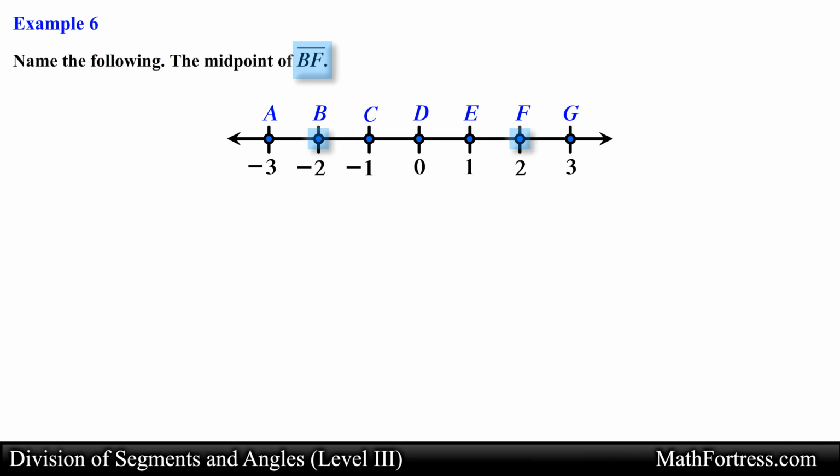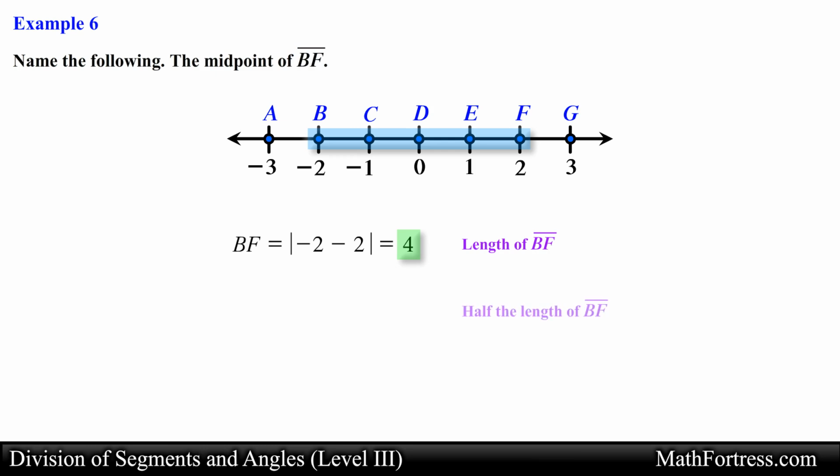In order to determine the midpoint, we need to know the length of this line segment. We can determine the length by taking the absolute difference of the points' coordinates. In this case, the length of segment BF is equal to 4. We know that the midpoint will be located at a distance that is half this length, relative to either endpoint